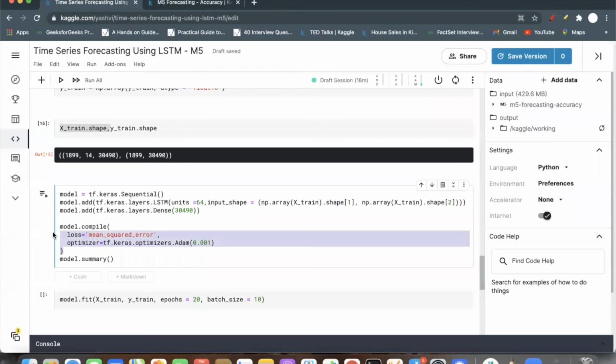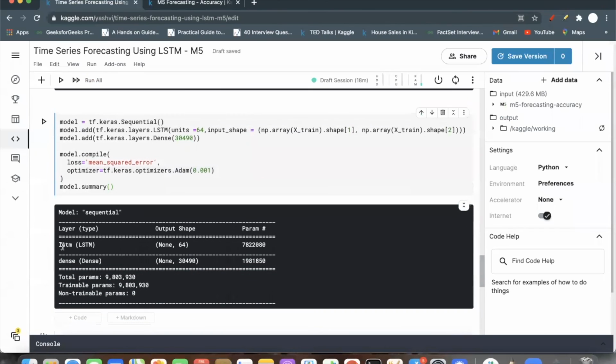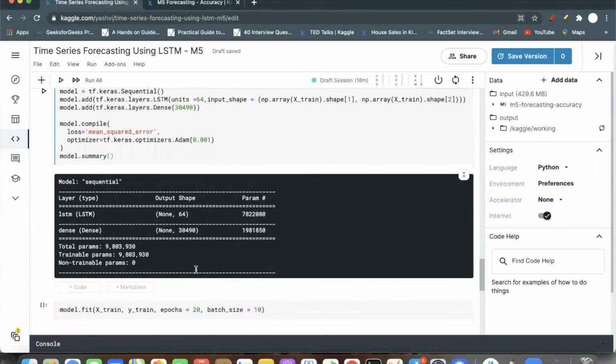Here I'm compiling my model. The loss function I'm using is mean squared error and the optimizer is Adam. Okay, and the model dot summary. So you can see the LSTM layer, output shape None, 64, and the dense layer None, 30490.